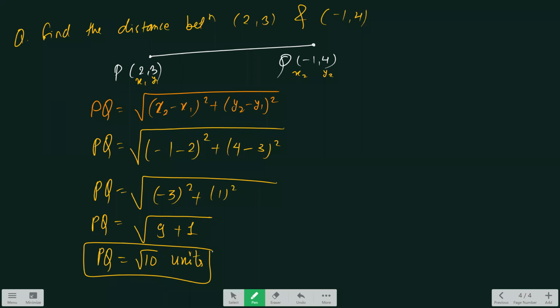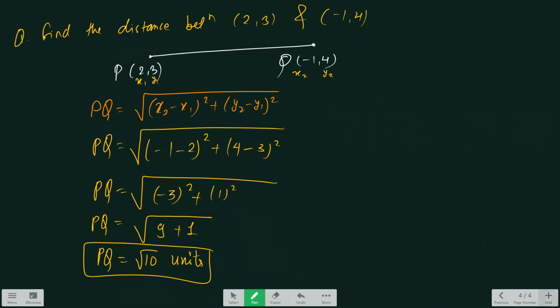Because under root 10 में भी पॉजिटिव और नेगेटिव, यहाँ पे प्लस साइन माइनस साइन दोनों आ सकते हैं ना, but because this is distance, therefore there is always positive sign. Clear? Now one more example we are taking here.